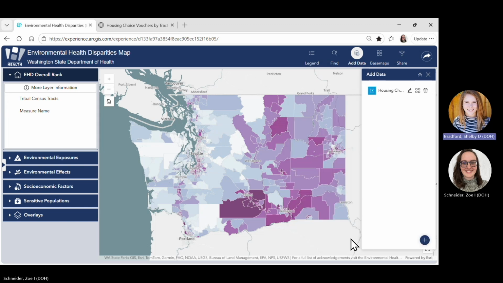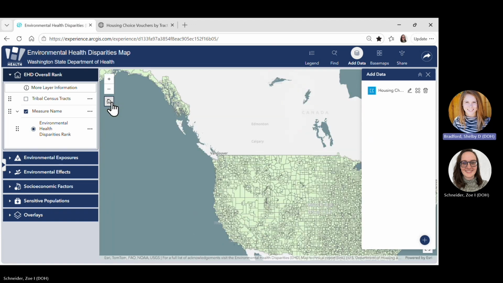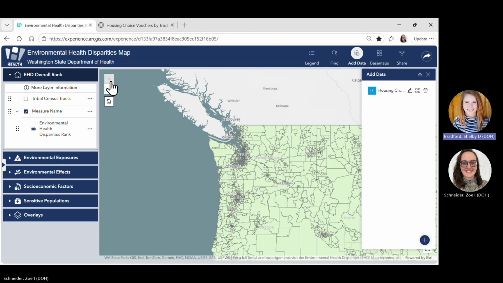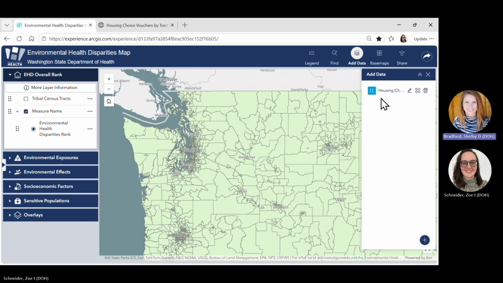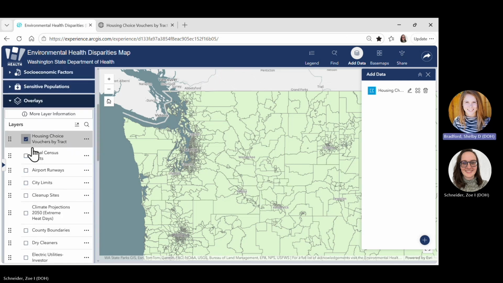The Add Data window will close, and the EHD map will zoom far out. Select the Home button to return to Washington State. You will see a new window on the left where your overlay feature layer dataset has been added. The new data layer will appear at the top of the Overlays dropdown. The new data is on top of the EHD map. This dataset is for the entire US. However, you can limit it to Washington State by setting a filter as we did in video 6.